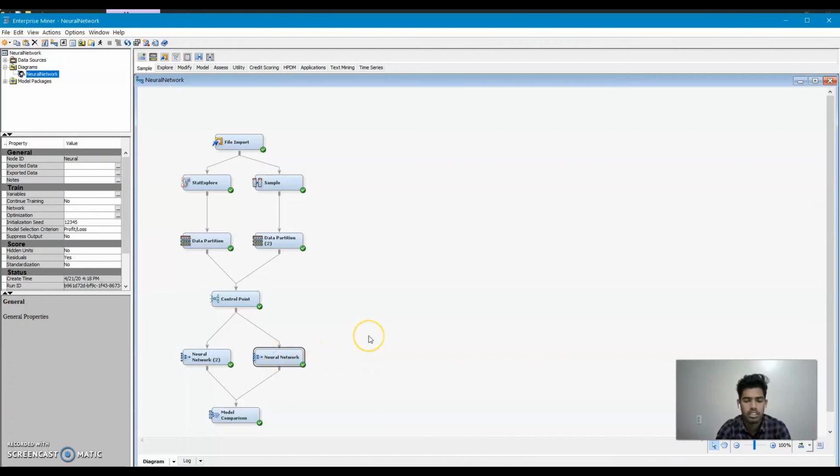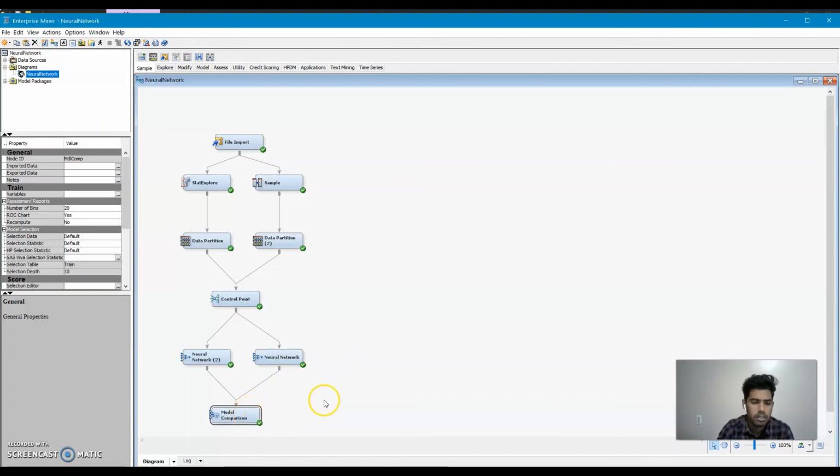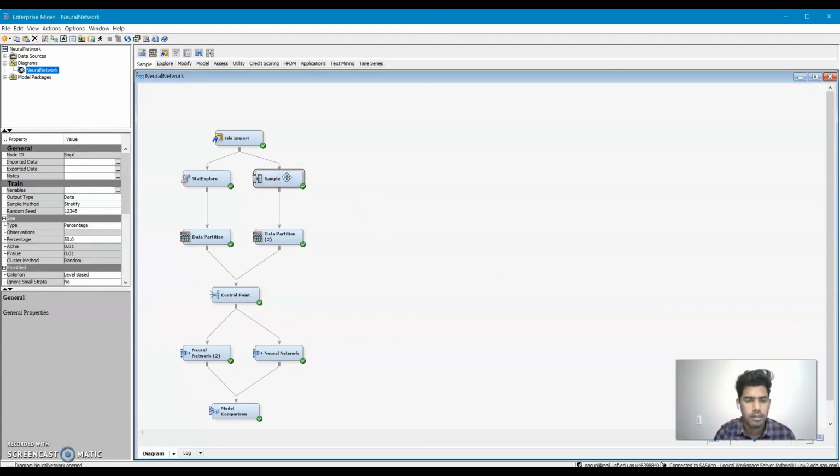That means our model is not skewed, and we can confirm the same by seeing the results of the model comparison as well. So my fourth concept basically says that we don't just have to look at the misclassification rate; when the dependent variable is skewed, we have to look at the confusion matrix as well. Sampling of the data when the dependent variable is skewed is also my fifth concept.